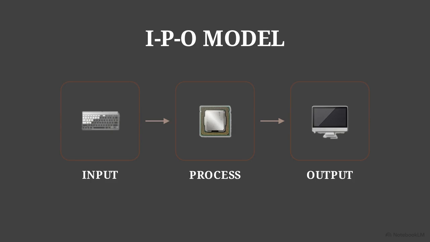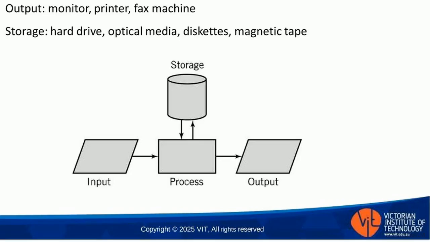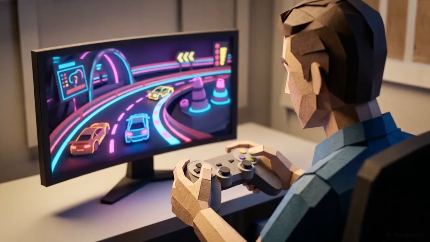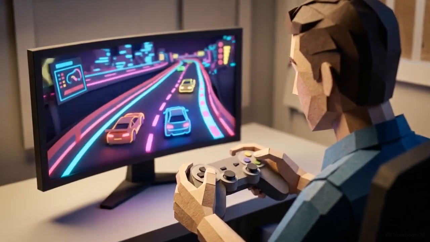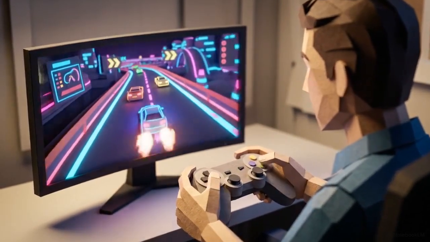To keep the cafe and the computer running, they both follow a basic three-step pattern: input, process, and output, or the IPO model. Looking at this diagram, we start with input, like a customer's order or keyboard clicks. Next is process, the barista brewing or the CPU executing programs. Then output, receiving your drink or a monitor displaying text. Above is storage, holding data until needed. Whether you are sending a text or playing a video game, every digital action is just this exact cycle repeating